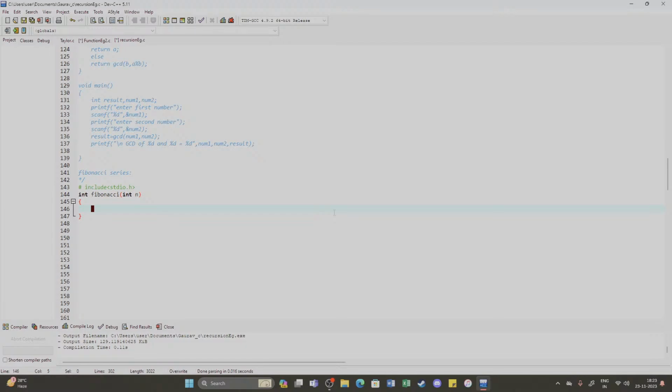But in the function, we did the loop part. Here we are going to go for the if condition. So when I want to terminate, if the value of n is 1 or the value of n is 2, at that time I want to return 1. Else I want to make a recursive call. That's all. And in the main,